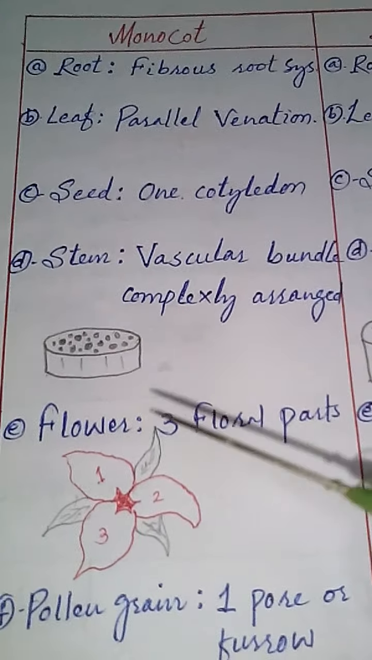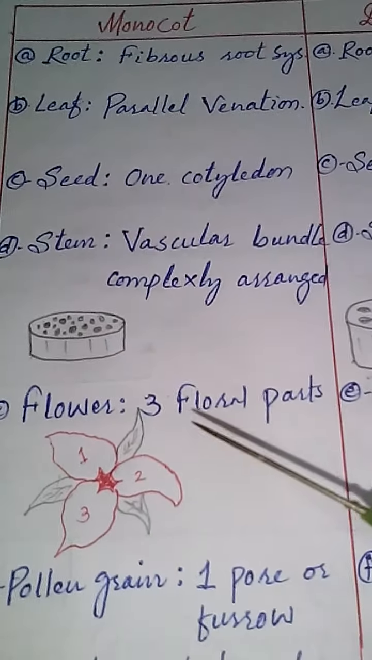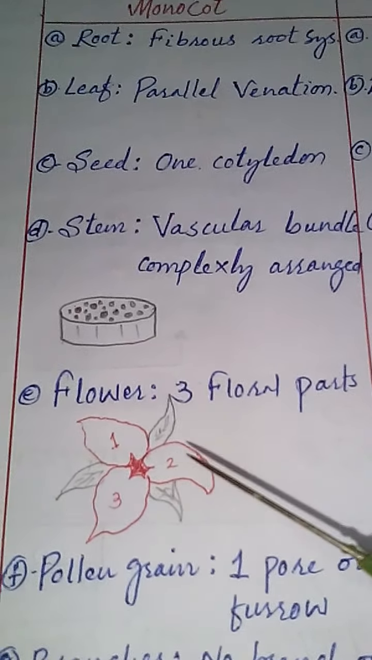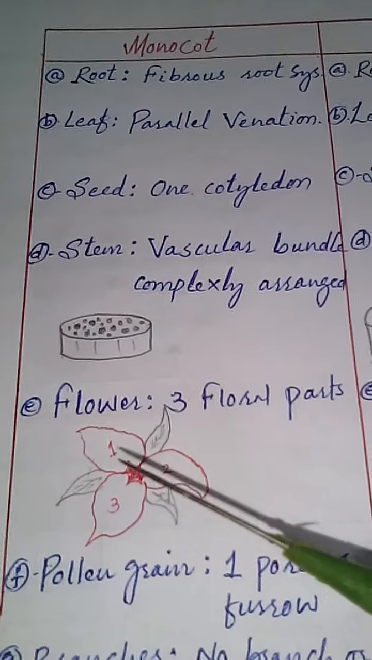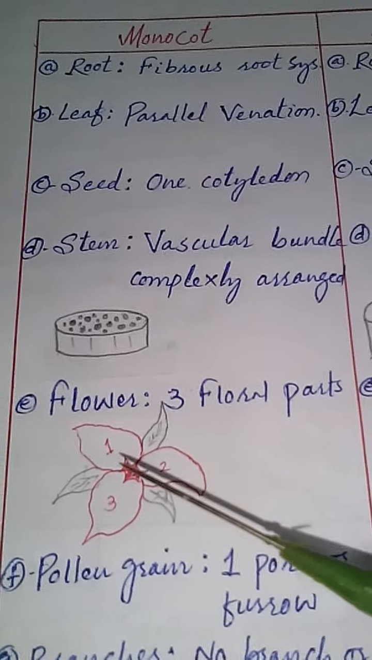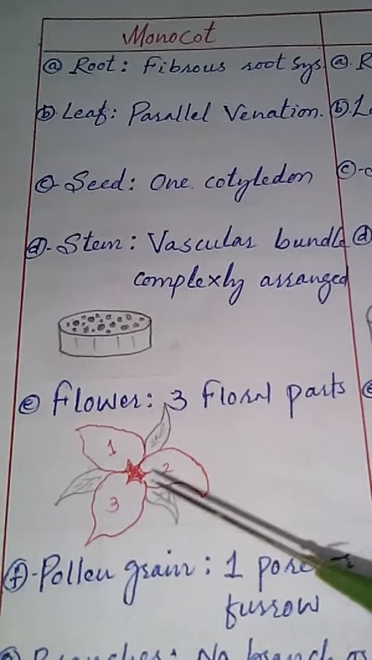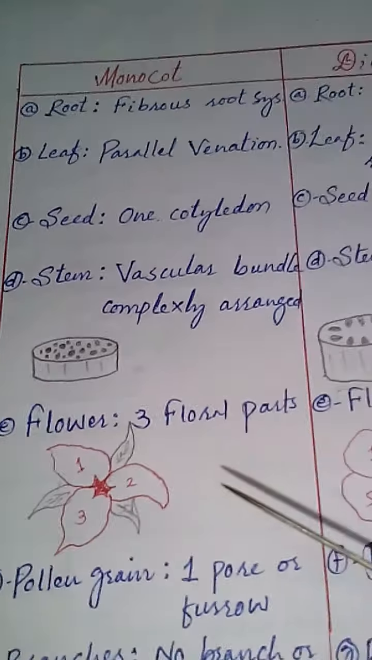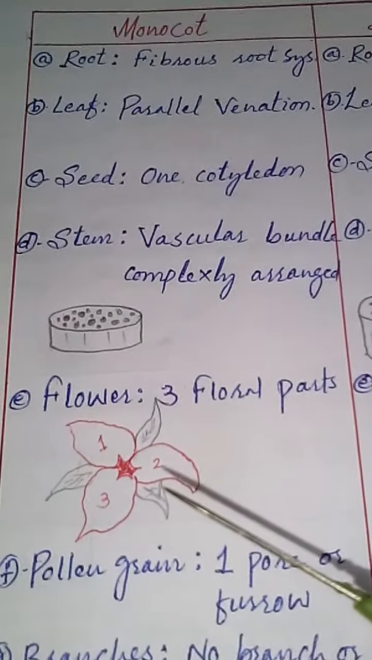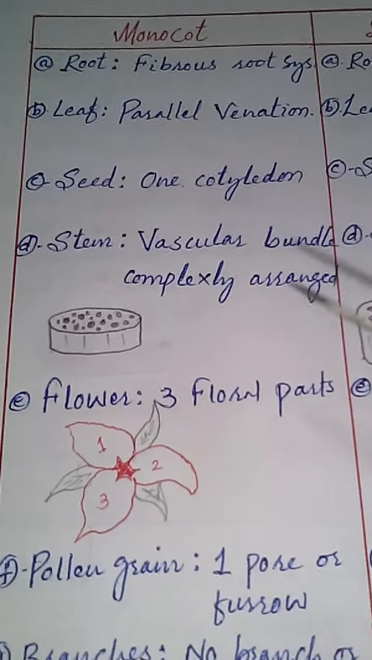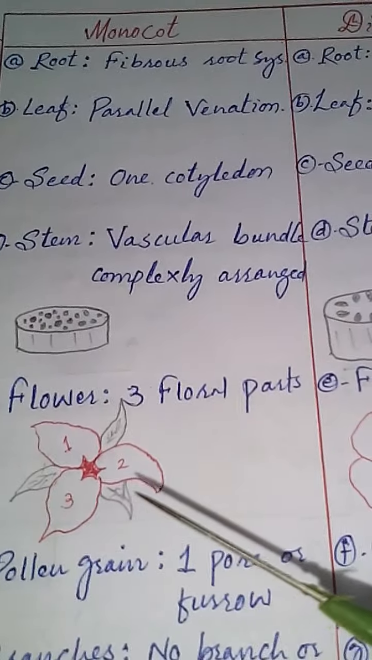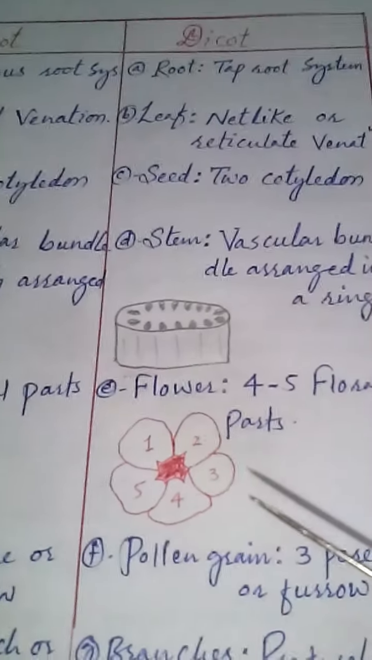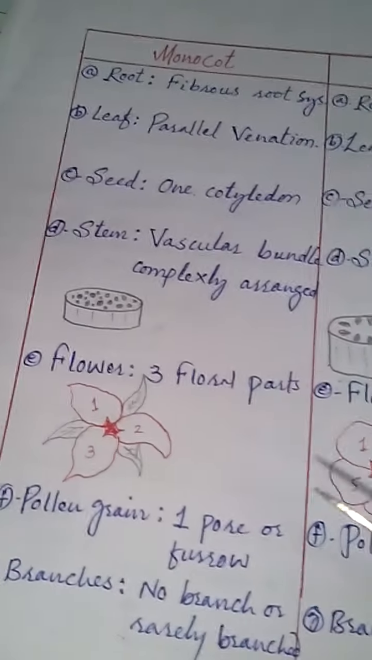The flower of the monocotyledon shows three floral parts. Only three floral parts you will see in the flower of the monocotyledon, like in this diagram. One floral part, another floral part, and another floral part. For example, in this, only three petals are there. So this is the monocotyledon's flower, and the flower of the dicotyledon, there is a little bit of change in the flower